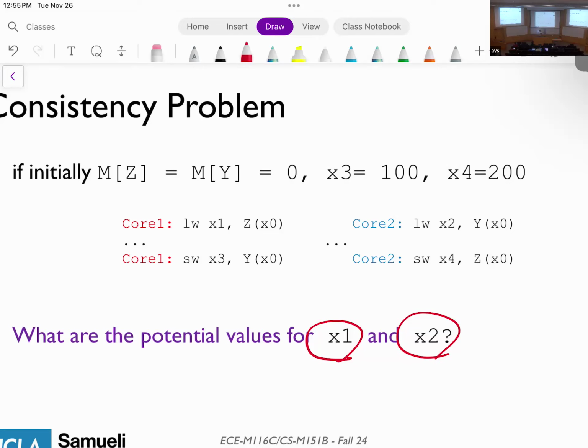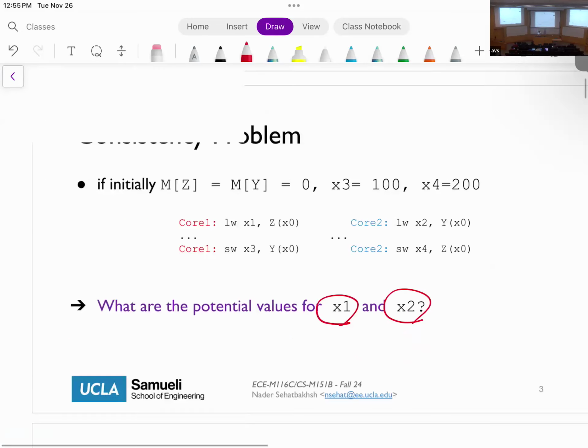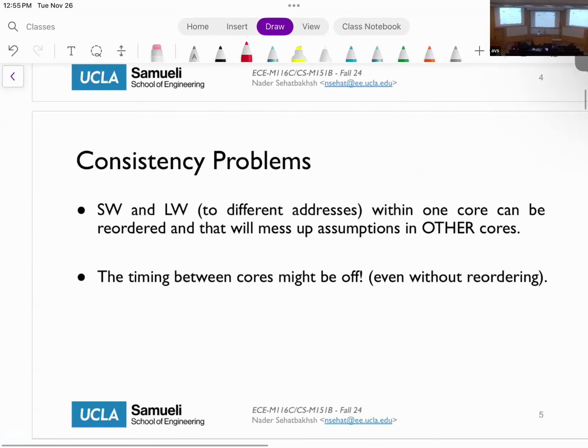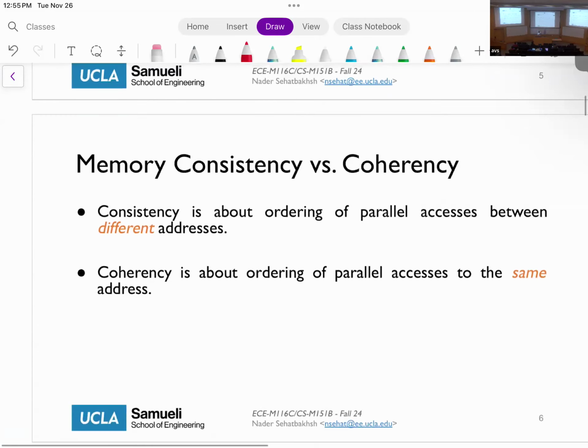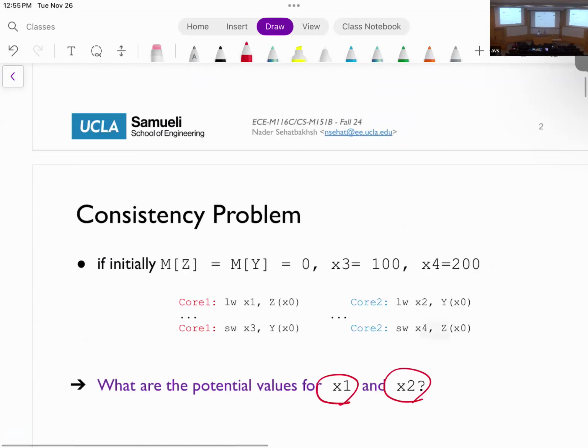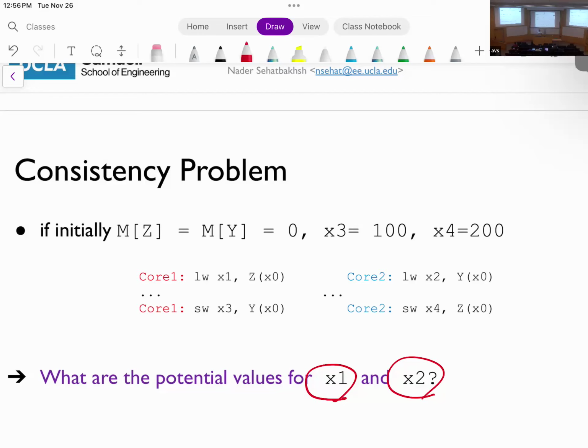As I said, there are two main problems in memory consistency. One is that you just wrote bad code. When I say bad code, it means code that has what we call a race condition, which means you didn't write it in a way that follows the program order in both cores. There are ways to remove the race condition or use other tools to fix that, and that's something we're going to talk about.